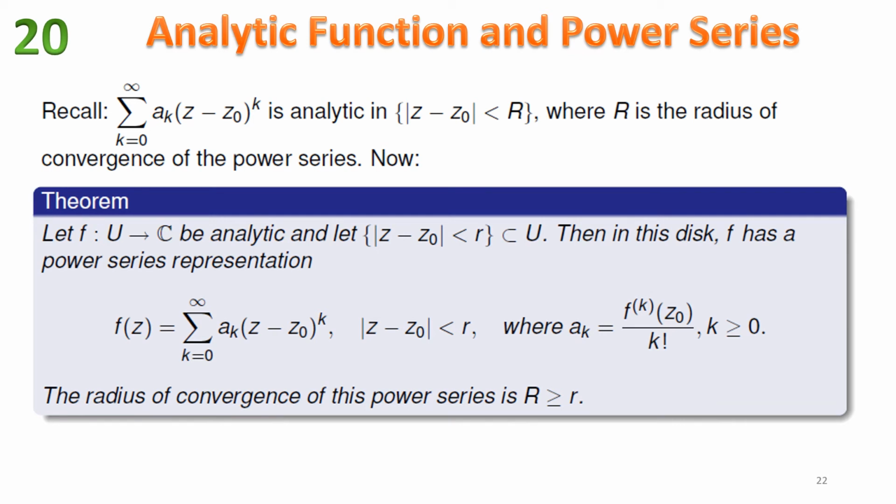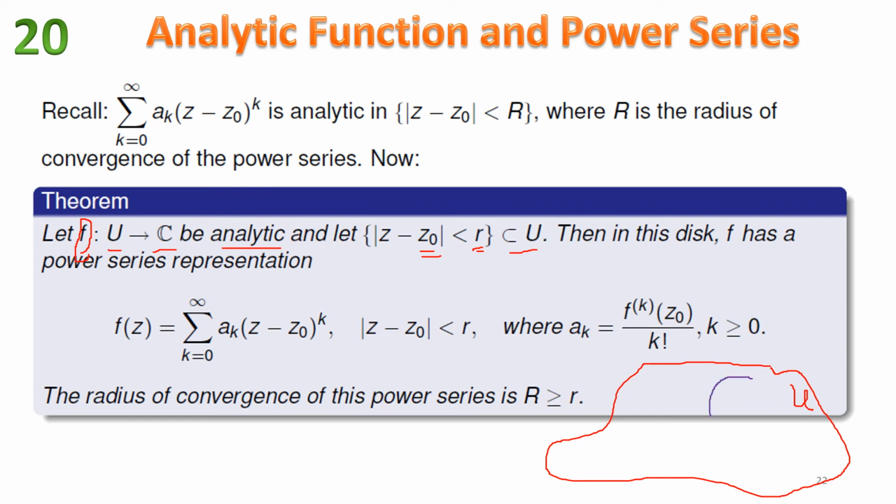Now let us consider a set U, and we have a function f that maps to the complex plane, and let us suppose that this function is analytic. Then consider a disk of radius r, little r, centered around z0 in the set U. So here you can consider some set U, and in this set U we have a disk of radius r centered around a point z0,